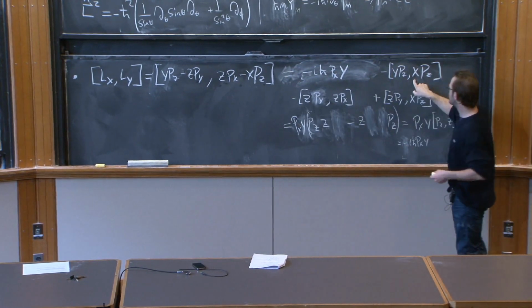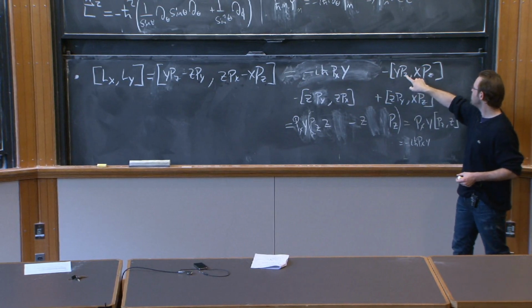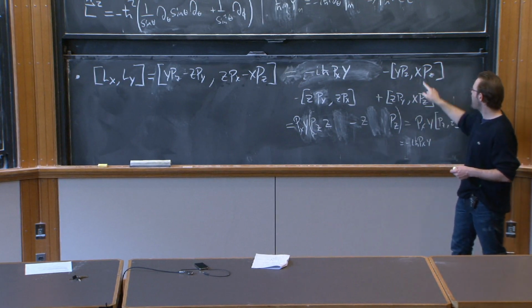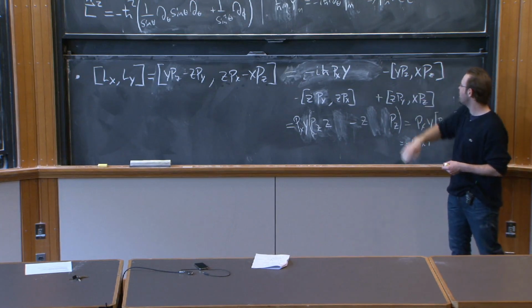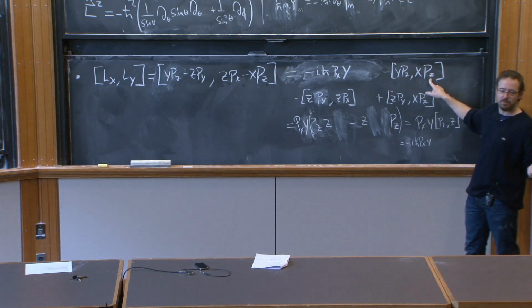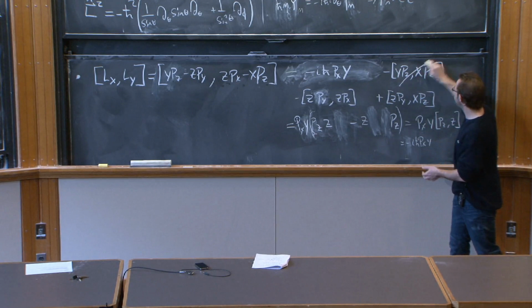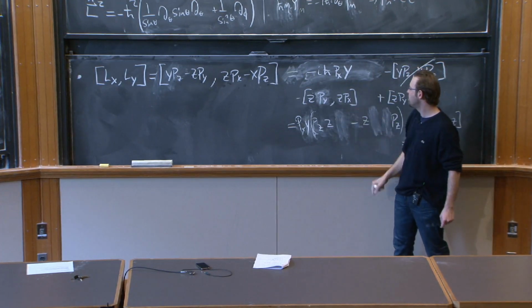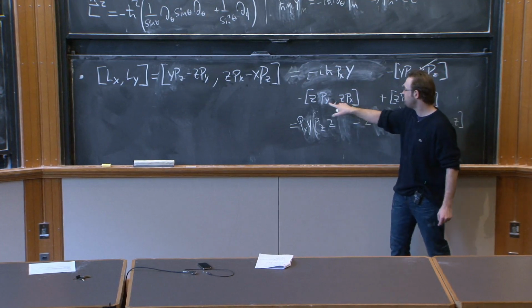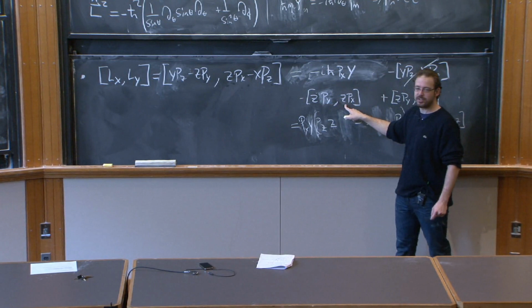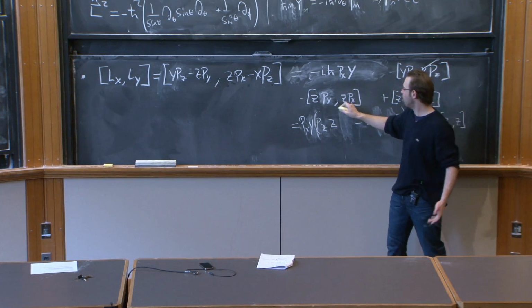And let's look at this term. This is y, and y commutes with pz, x, and pz. So I can just pull out the y. And x commutes with everything, so I can pull out the x. And I'm left with a commutator of pz with pz. What's the commutator of pz with pz? 0. This term gives me a 0. Similarly here, py commutes with everything, z, z, px. Px commutes with everything, z, z, py. So I can pull out the px, py, and I get z commutator z, and what's that? 0. So this gives me 0.